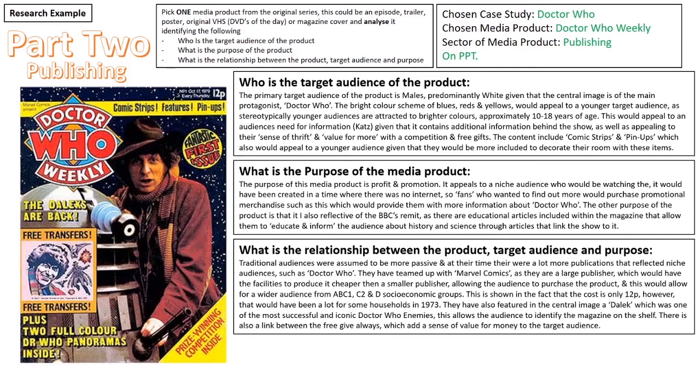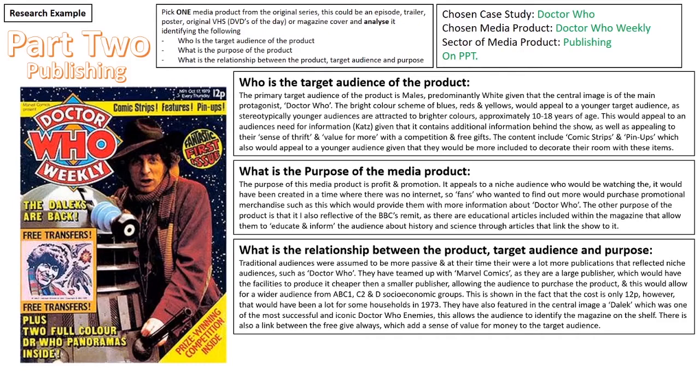And then we've got to look at the relationship between all of this, the product, target audience and purpose. All right. So it's traditionally assumed that traditional audiences were more passive. They had a lot more time to consume publications, right? So it was a niche audience. They've teamed up with Marvel Comics, right? So Marvel Comics is a large publisher, and therefore that would make the product cheaper because they're using a sort of large company with lots of facilities to be able to produce it cheaply, which allows them to appeal to